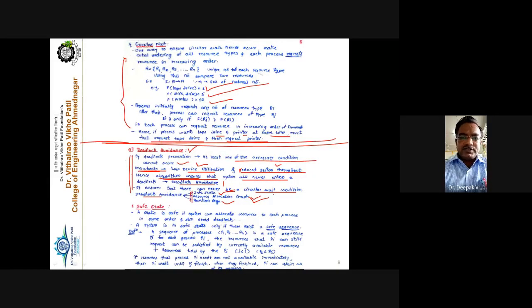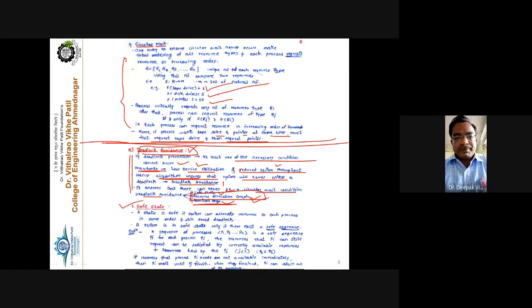Again we have to see the resource allocation graph, and how it is useful for deadlock avoidance. In the earlier case, we saw that resource allocation graphs are used for deadlock detection, meaning with the help of a cycle detection algorithm we are able to predict whether the system goes toward a deadlock or not. But now for deadlock avoidance, how the resource allocation graph is useful, that also we have to see. And finally, we go to Banker's algorithm, a very important algorithm in our syllabus.